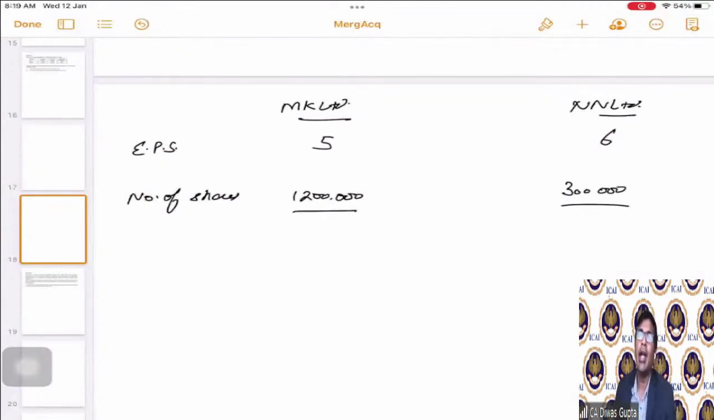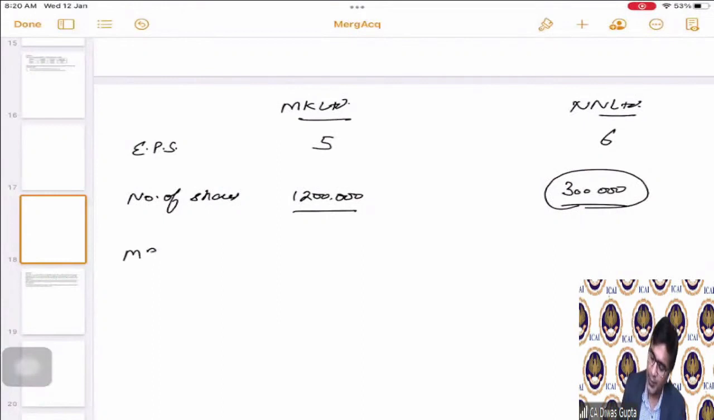So don't you think the shareholders of NL Limited would expect a higher number of shares from MK Limited compared to this 3 lakh, correct? Why? Because they are saying that currently we have a higher EPS, and hence you have to compensate for that higher EPS by issuing a higher number of equity shares. Then only we will be at no loss. If you are going to issue us something less,